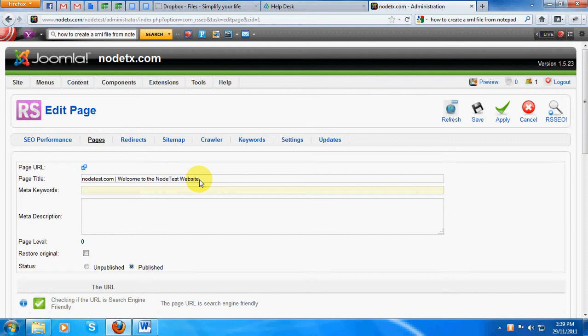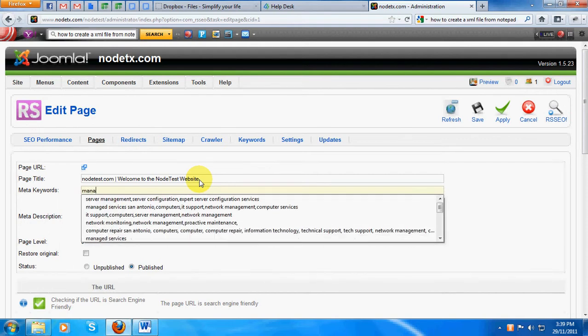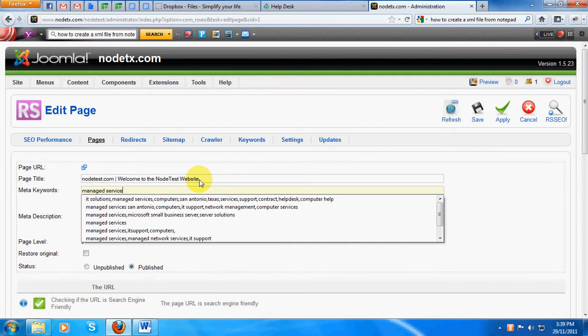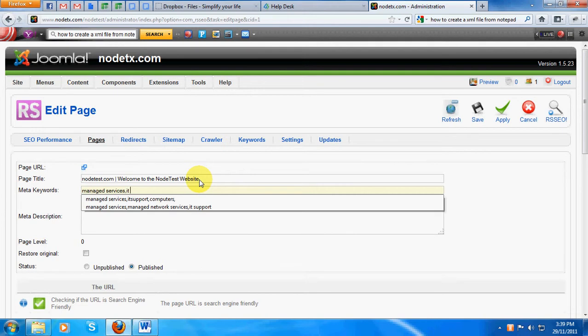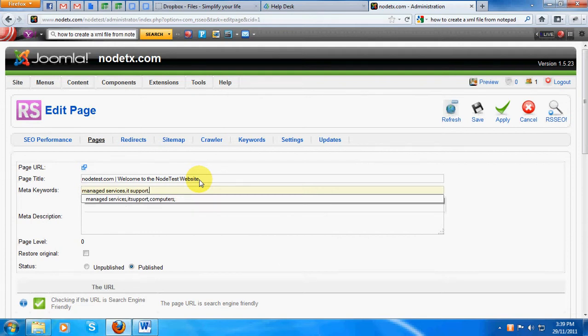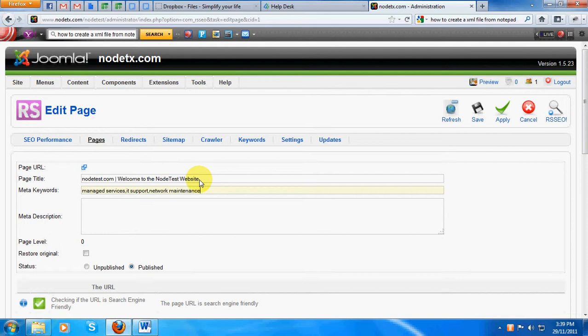Okay, the major keywords are managed services, then IT support. You can see that already keywords are flashing. Now network maintenance. These are a few keywords as a sample we can put here. Now meta description. Meta description is a description of a couple of lines where you can specify what Node Test does. So we can write like